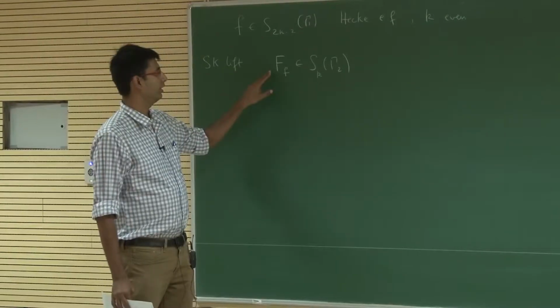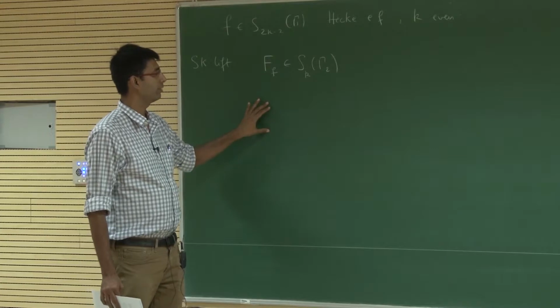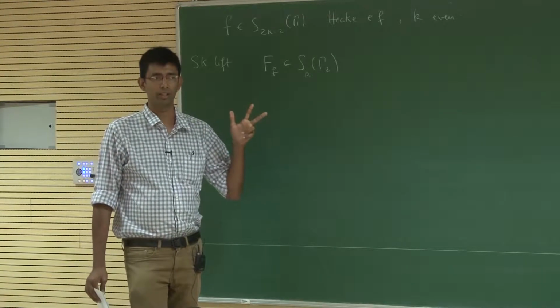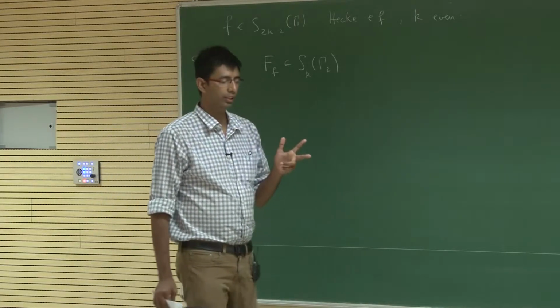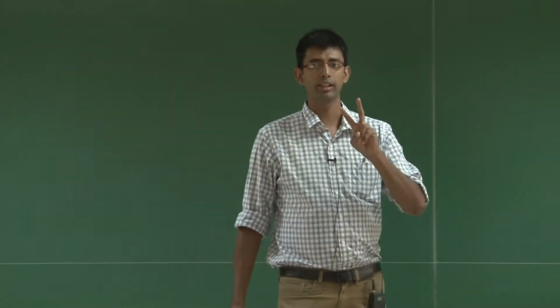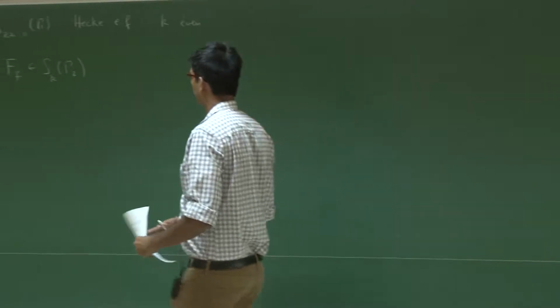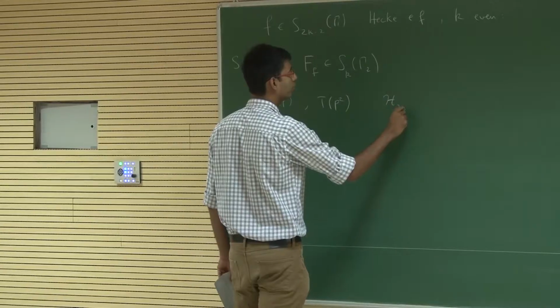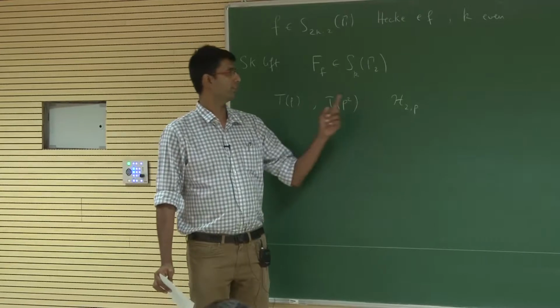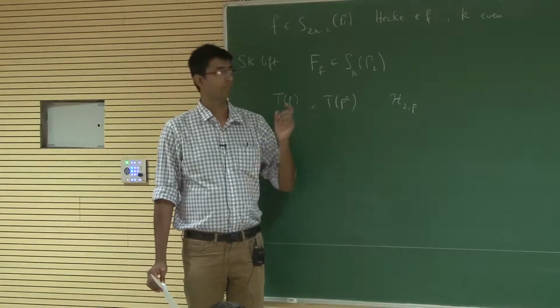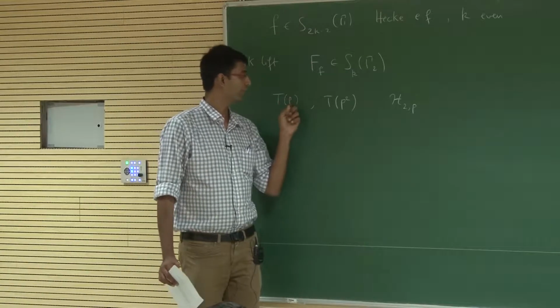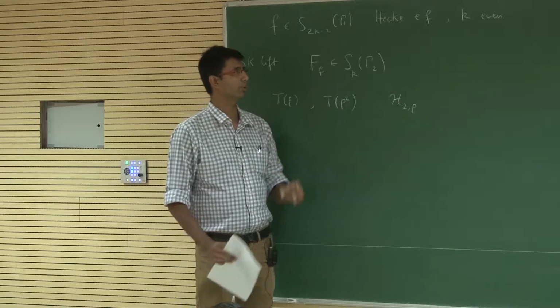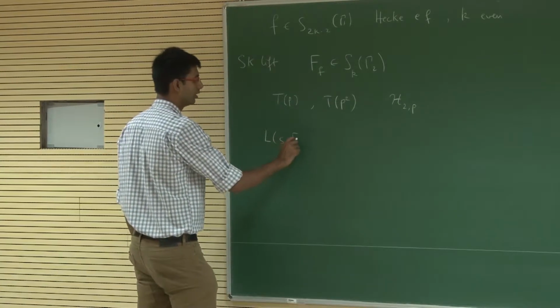In fact, you can have the Hecke eigenvalues here, even though in the genus 2 case the p Hecke algebra is generated by 3 Hecke operators, right? Tp and those two guys. One of the 3 is just the identity operator, so in fact it just ends up being Tp and T of p squared. So Tp and Tp squared generate the Hecke algebra H2p. In general these are algebraically independent, so the Hecke eigenvalues should have no relation amongst them. But just because you come from an elliptic modular form here, in fact these two are related. That's what turns out in this Saito-Kurokawa case, and in fact what you get is